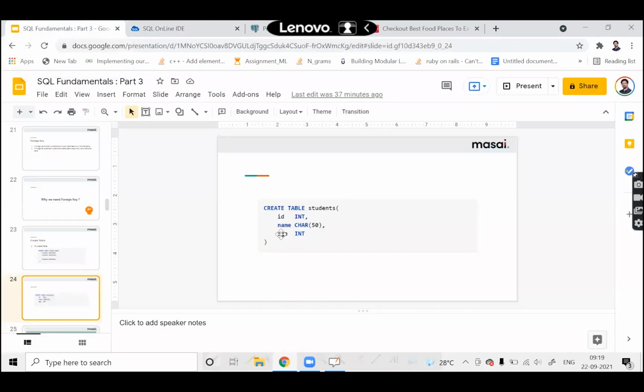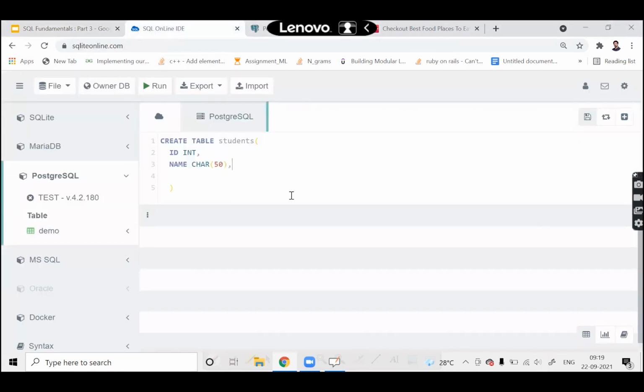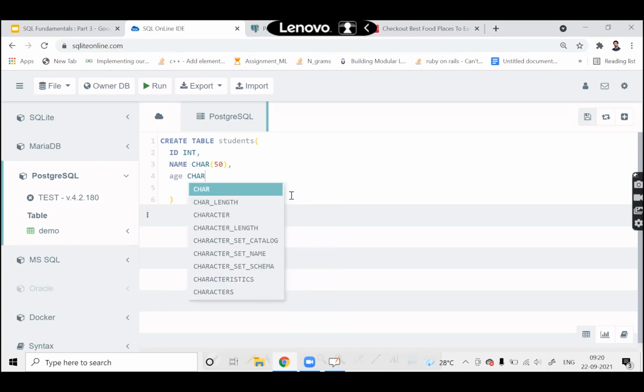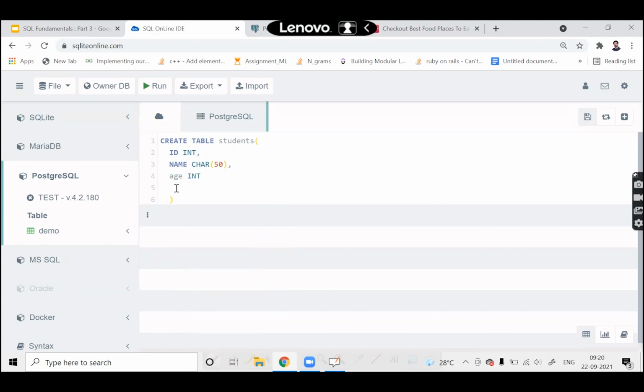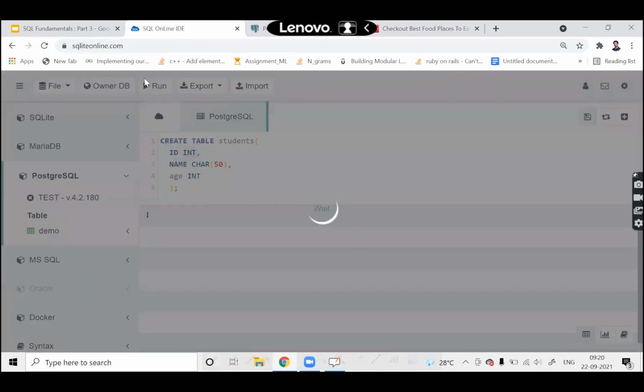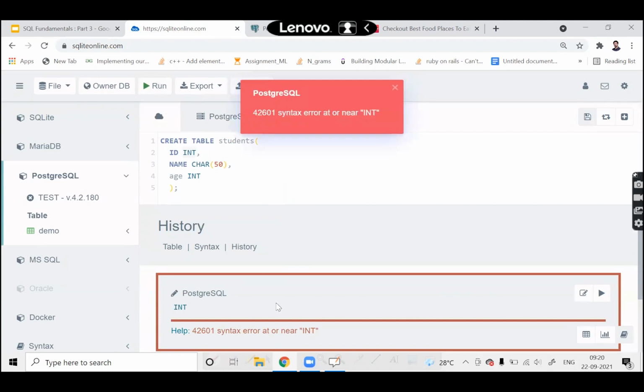Here you can see name, character, and the last thing which I want to give is age. What is the age? Basically, it will be an integer. At the end, you have to put the semicolon to say that my statement is complete. So create table students, and you have given the columns you want with the data type. Now, if I run this, it is saying